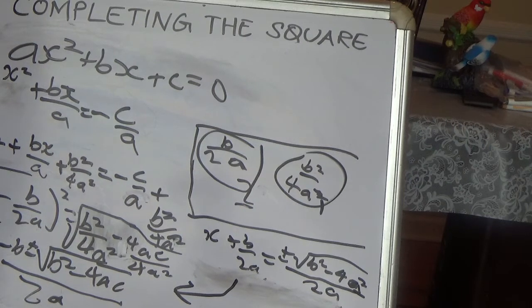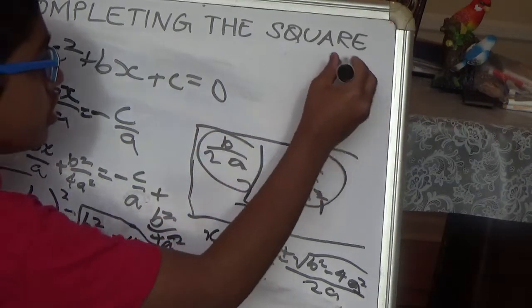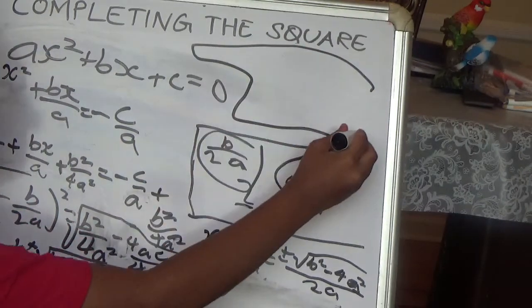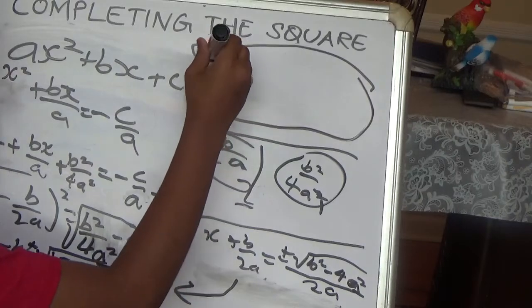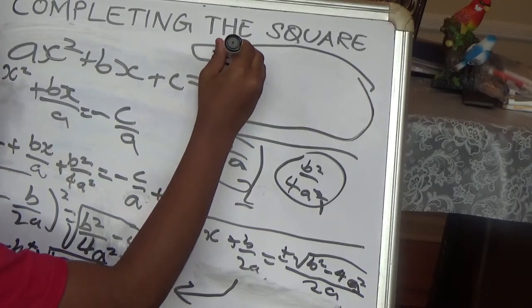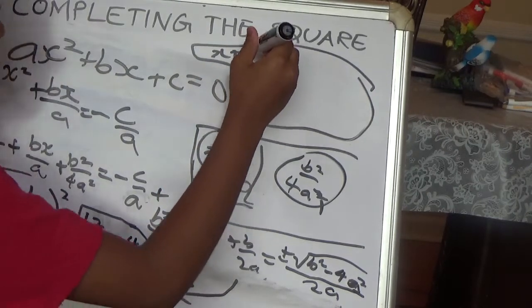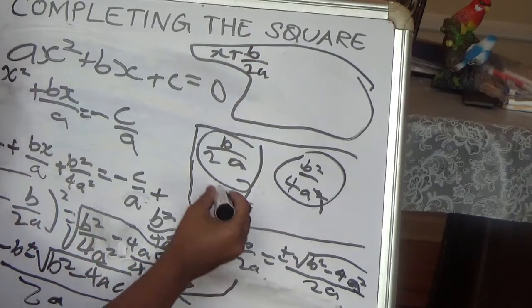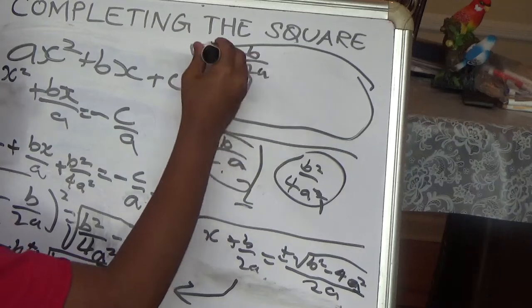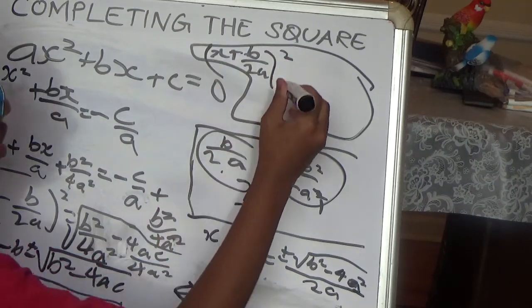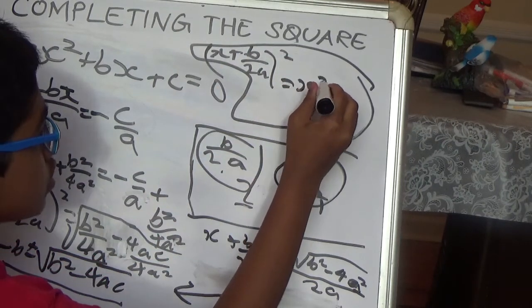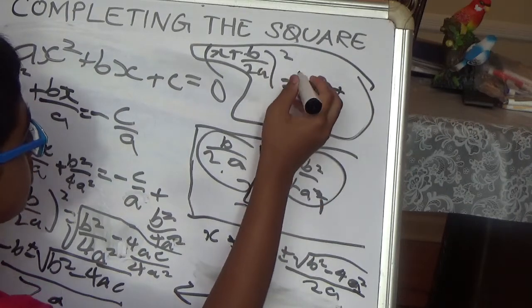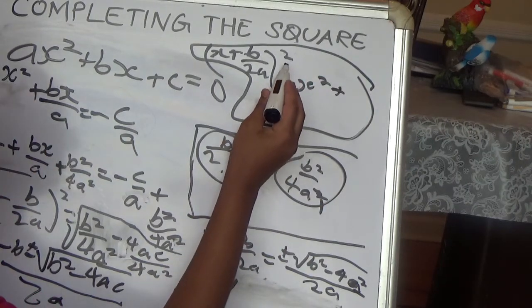Doesn't seem to make a lot of sense, so I'll do it in this corner right here. So, x plus b over 2a, which is our second thing we use right here, whole squared equals x squared plus,